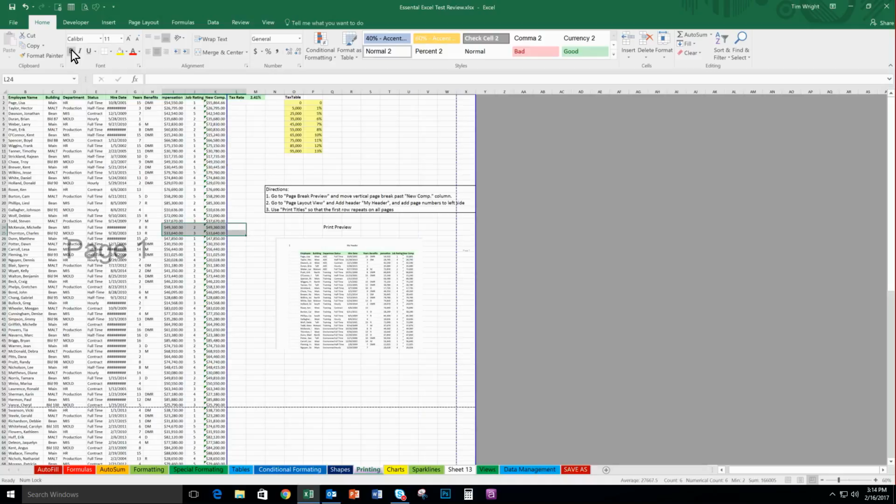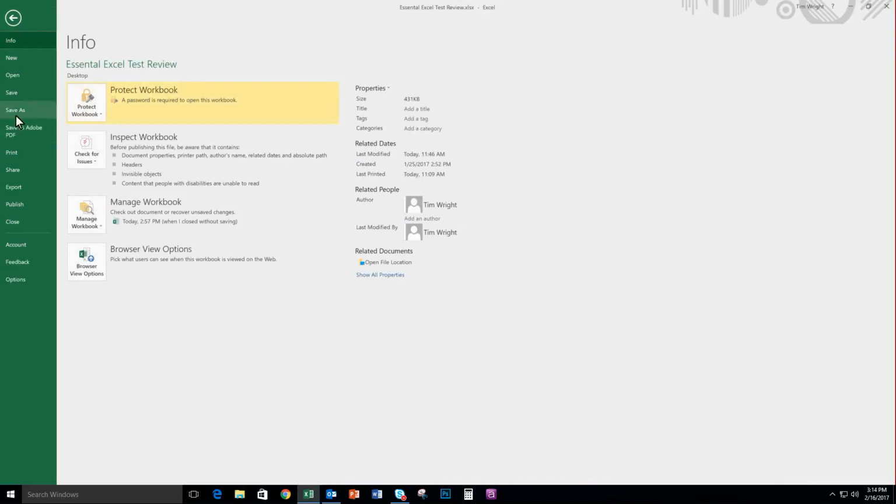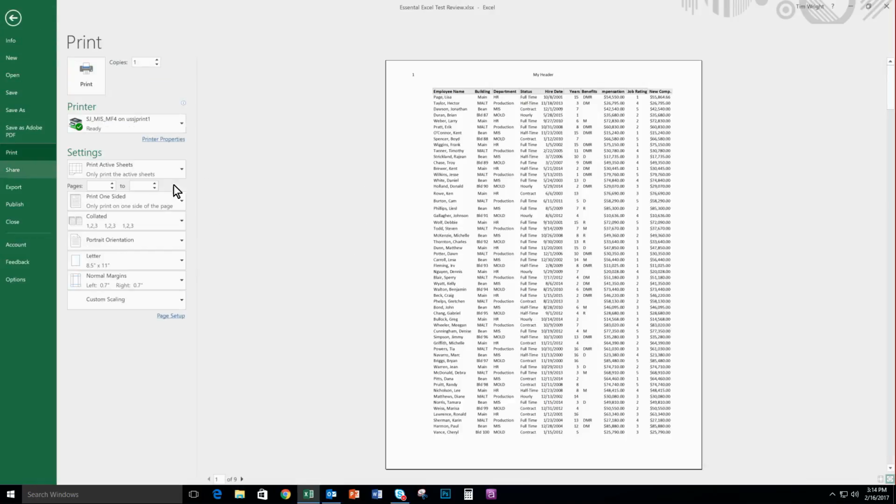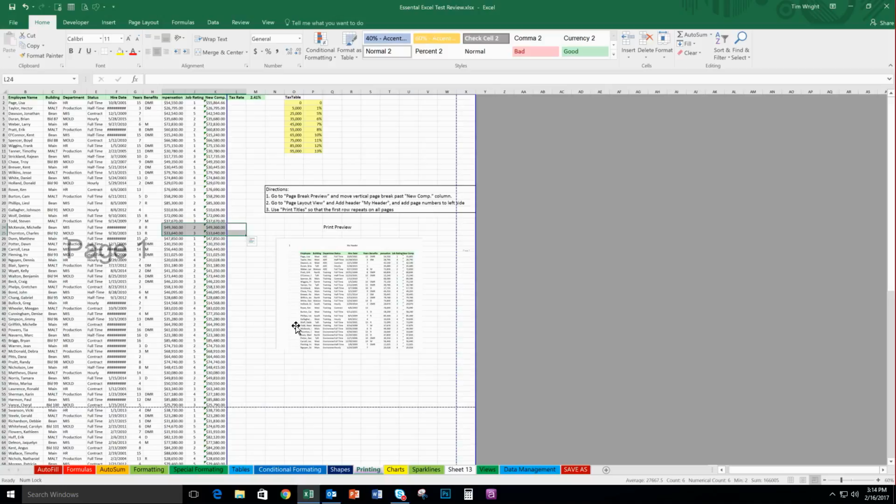So now if I go to Print Preview, File, Print, or I could do Control P on the keyboard, you'll see that now I see this all the way across here. Very good. I see all the columns I want. Okay. The other thing I want to do